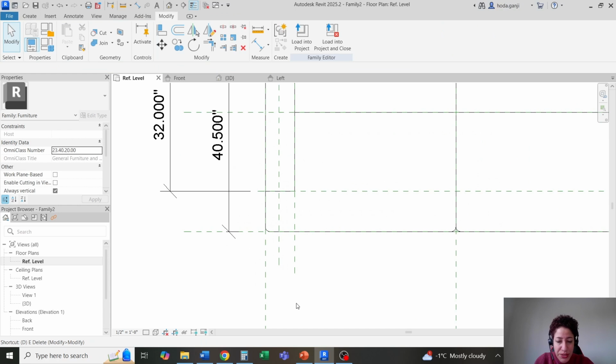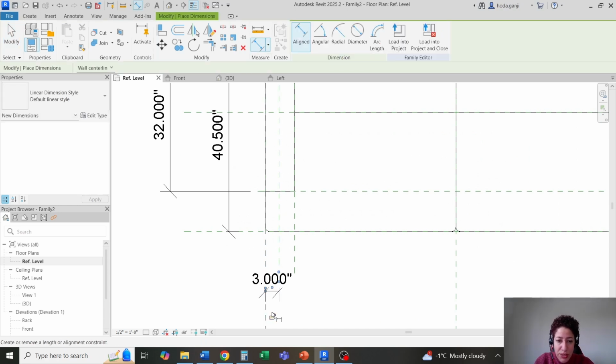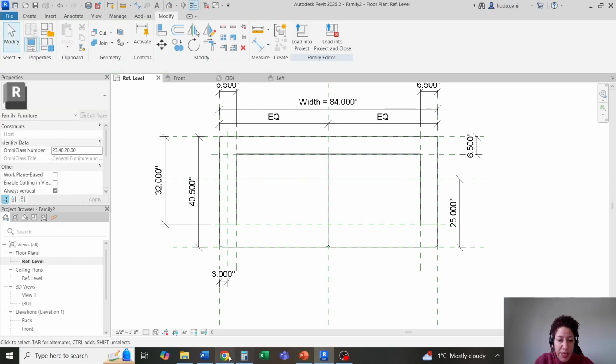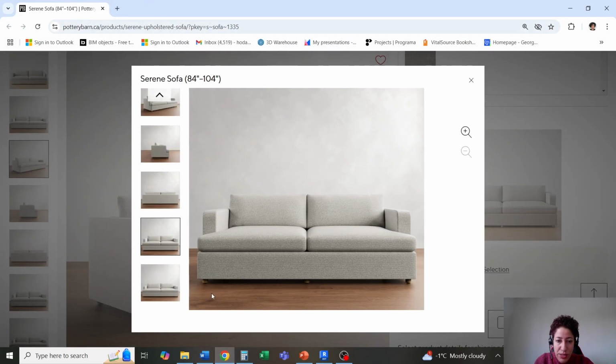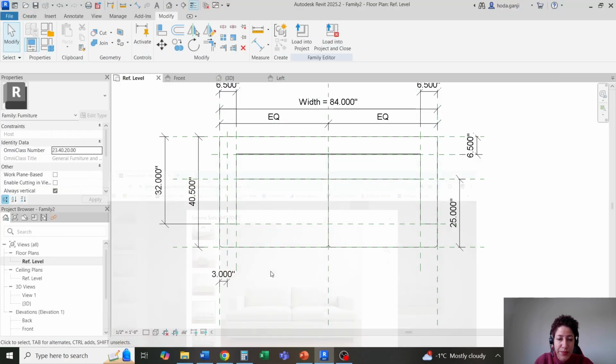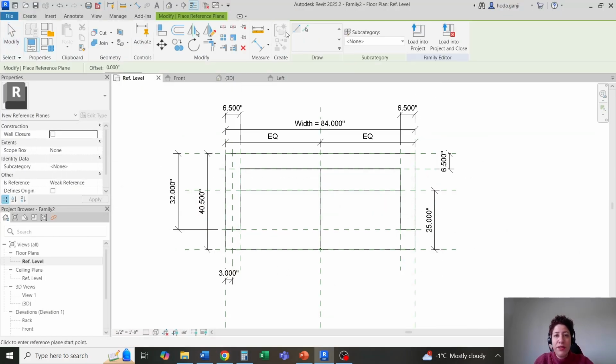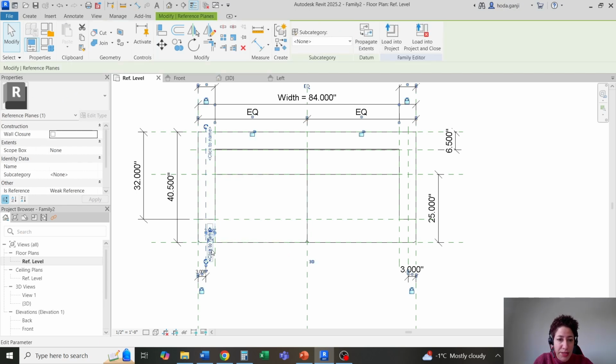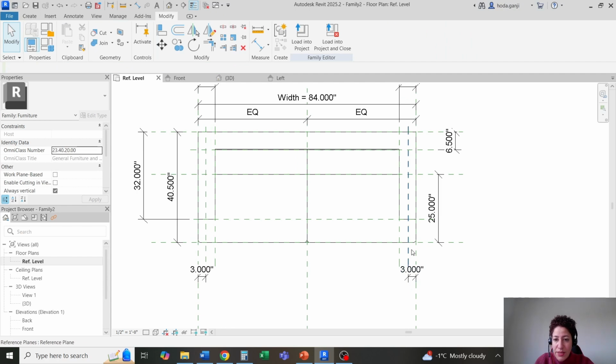Hit escape, DI. So I'll go 3 inches inside on each side for the legs. And I should see it has actually one leg in the center too. Okay, RP, another 3 inches. Hit space, there we go. Hit escape, DI. It needs to be locked. I can name this. I can say this is leg left and this one is